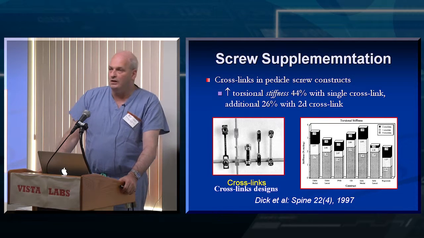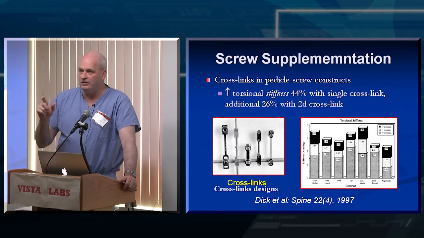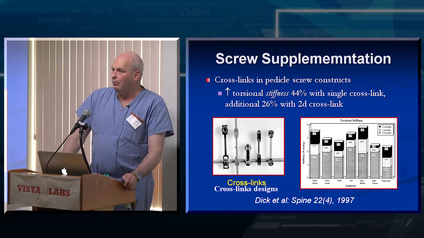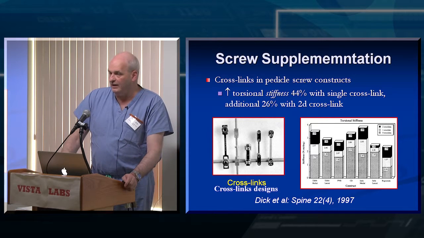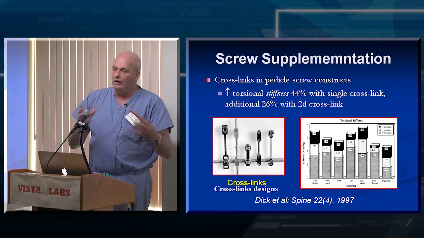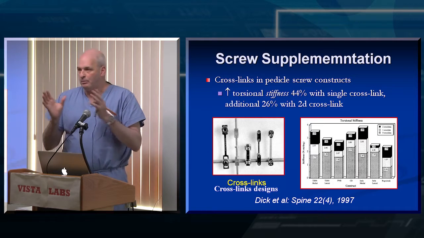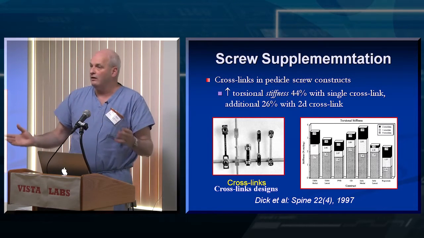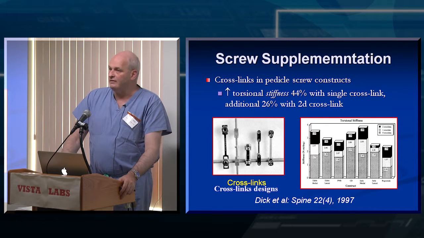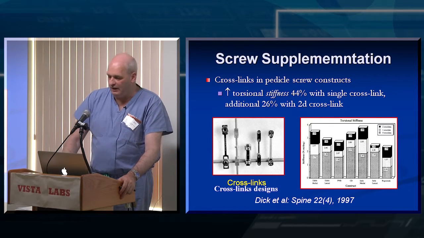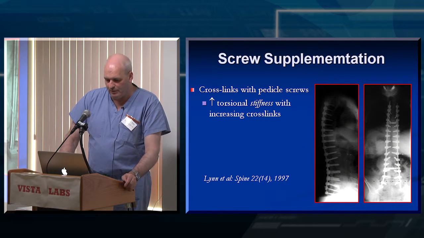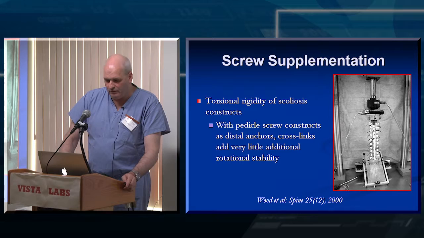much, because even though crosslinks increase the rotational stiffness, they're a really big stress riser in your rods. In these very long constructs, many times that's where the rods break, where you've placed a crosslink. So you have to balance the need for it. Generally, for shorter constructs with poor bone, I think crosslinks are relatively good. For very long constructs, you have to balance the advantage against notching your rod and causing trouble. And again, this just shows the advantages of the torsional stability with the use of